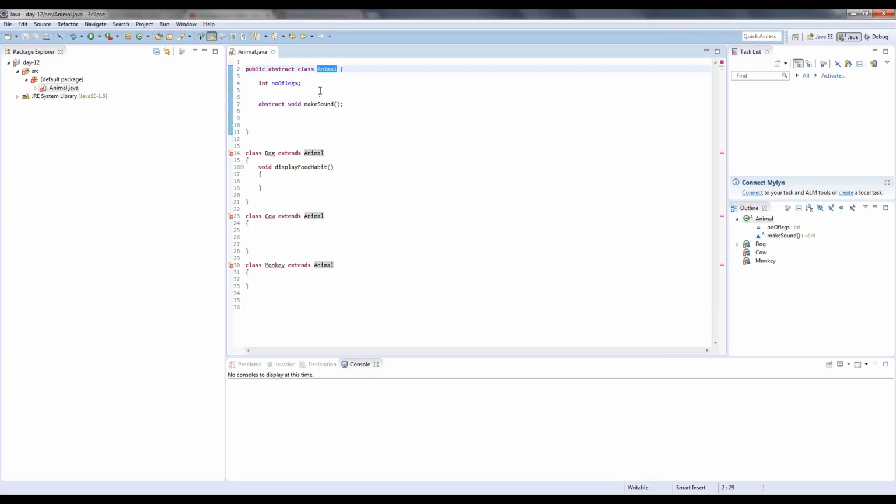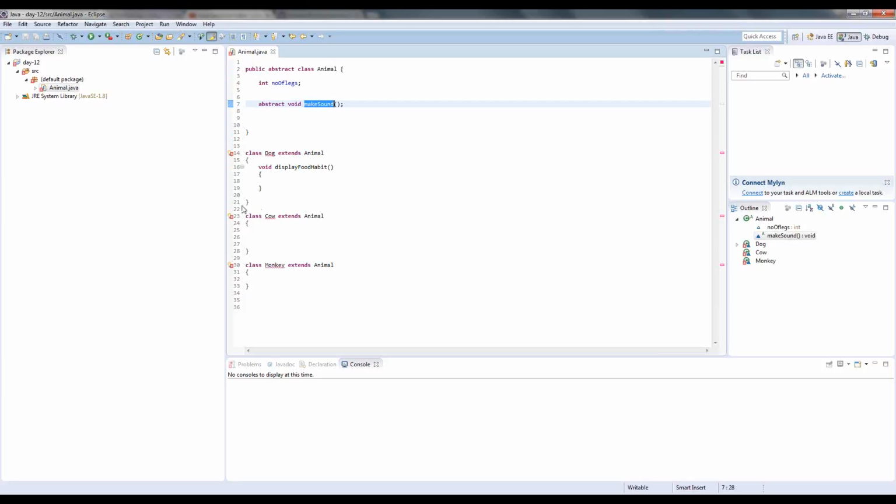It's not some actual animal. There is no animal named animal, right? It's a category, a type of living things. So for animal, I want whoever is implementing my Animal class to write this method make sound,